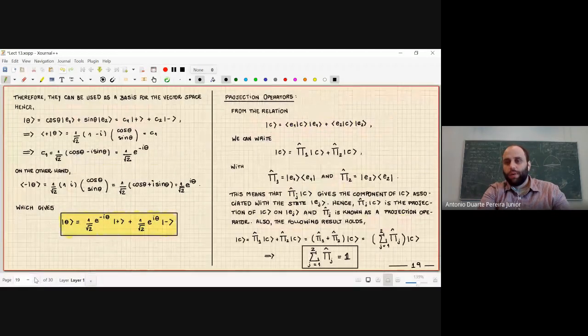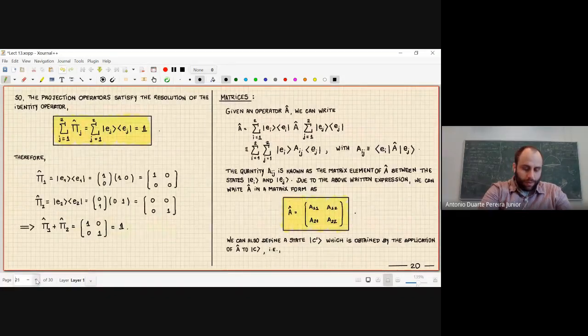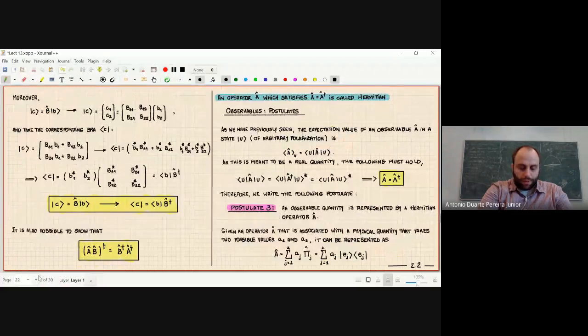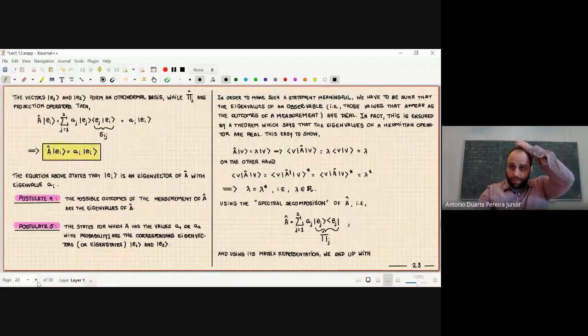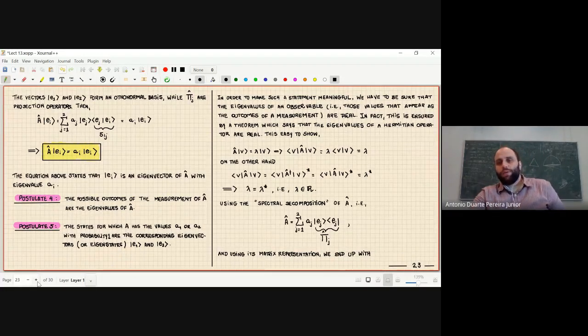Okay, so welcome back to part 2 of lecture 13. I was discussing with you the postulates about the observables. So we have seen that an observable must be represented by a Hermitian operator. And once you have the operator itself, you can compute the eigenvalues and the eigenstates associated with this operator. And the eigenvalues are the possible values of the physical quantity we're looking at